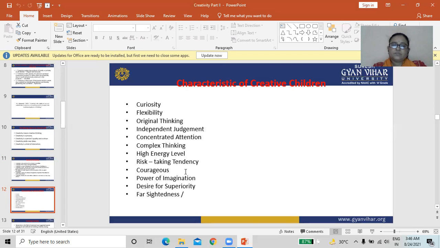Complex thinking. Next, high energy level. Risk taking tendency.